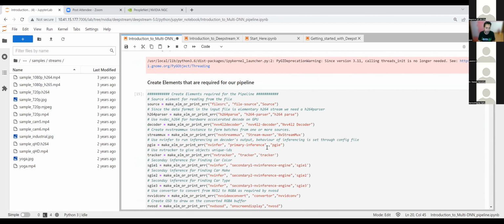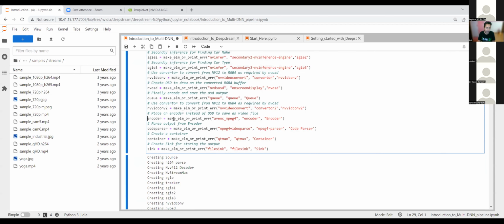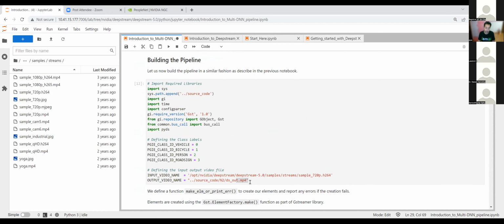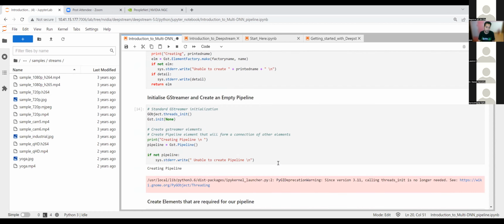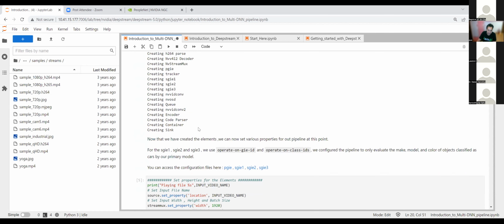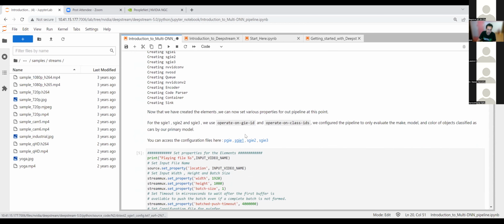So I need to create the encoder also. So see, I have created the encoder. This MP4 encoder I have created because I want to save my image into video in MP4 format. So all the elements I have created. Right now, one important thing is that there are lots of